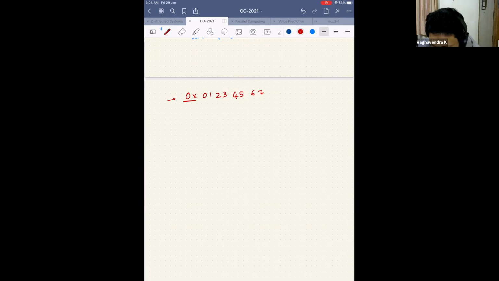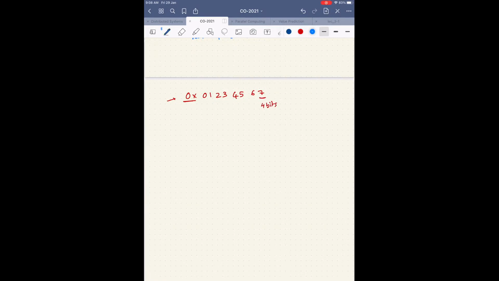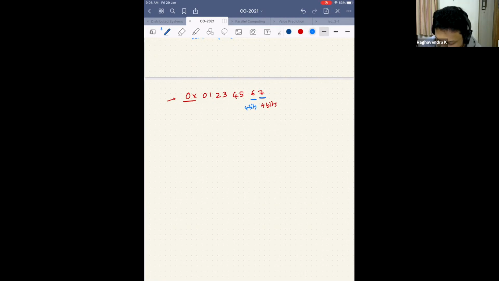Hex is pretty simple, right? Each hex digit can be represented using 4 bits. This is 4 bits here, and this is 4 bits here, and so on, right? So I can represent two hex digits using a byte, or 8 bits, right? And why is it 4 bits? Because I can go from 0 up till 15, which means I go from A, B, C, D, E, F, right? F is the last. So I have 4 bits.